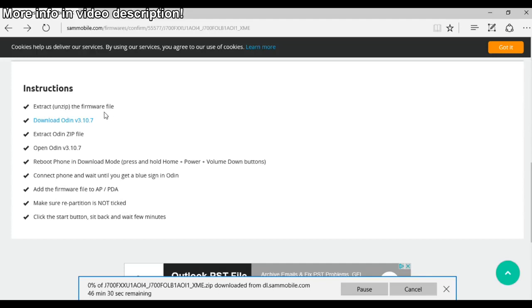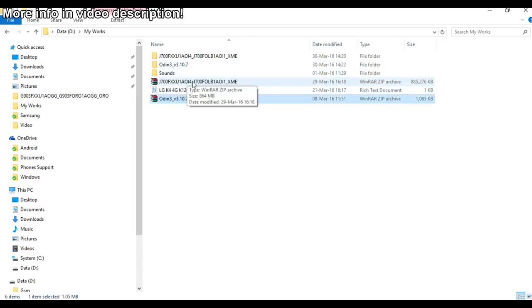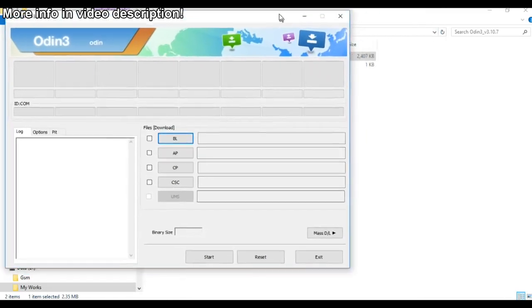instruction, and of course you must download the Odin software, and here is how to do it. So after you downloaded this, you must unzip the firmware and the Odin. I already did that, and now just open the Odin software. Okay,